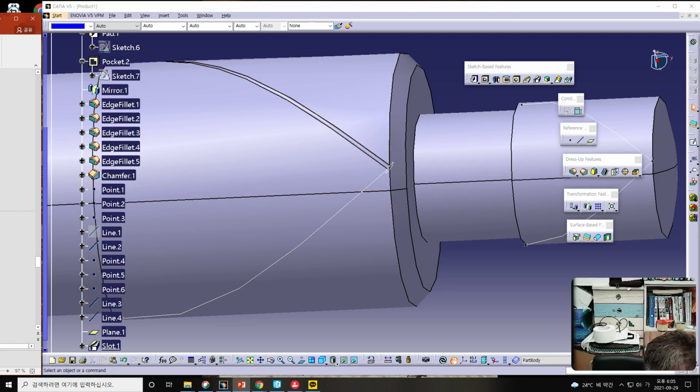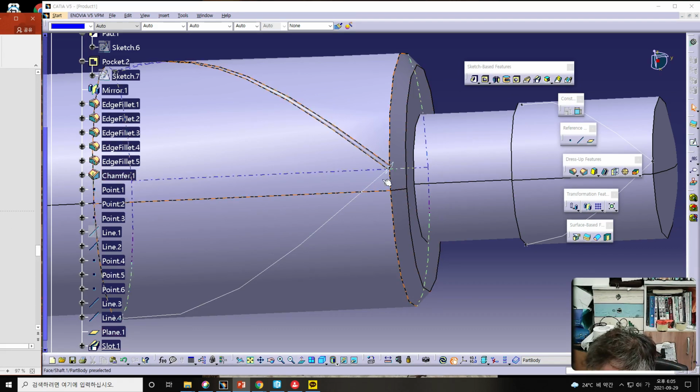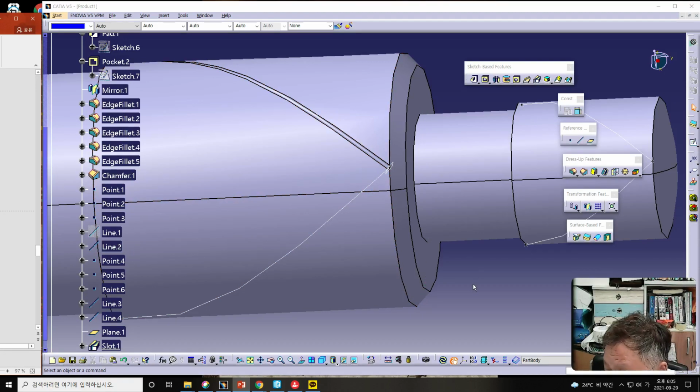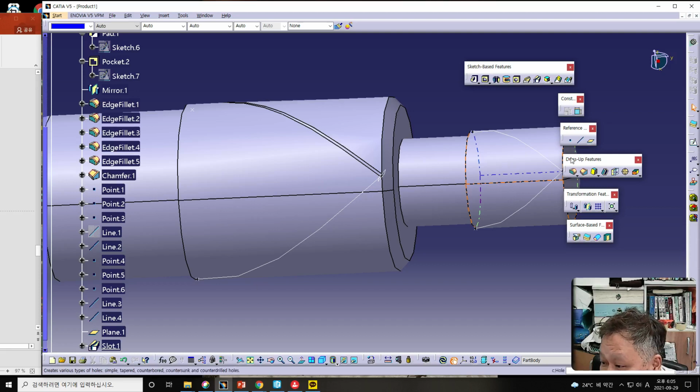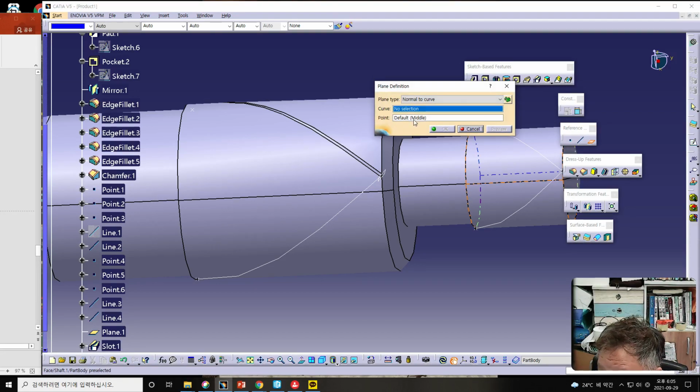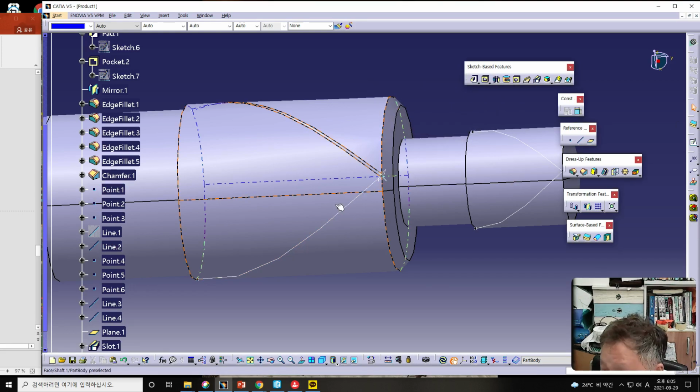And also in another case, make it the same way. In this case also we should make new plane from this one, and normal to curve, and the curve should be selected this one, and the point should be selected this one. Then new plane should be made, and by using this new plane we should